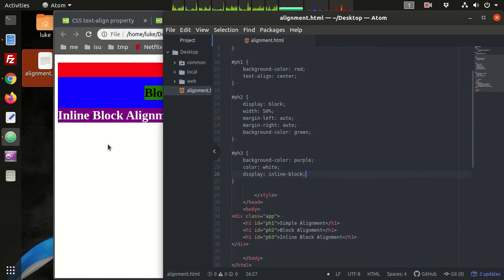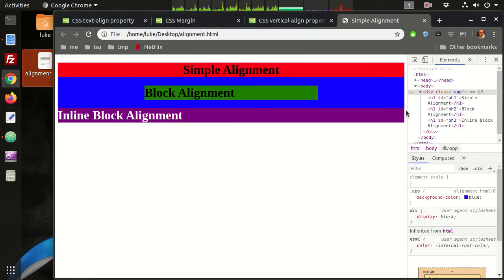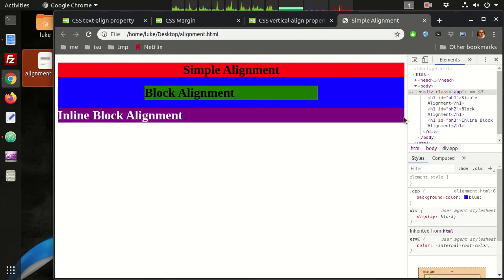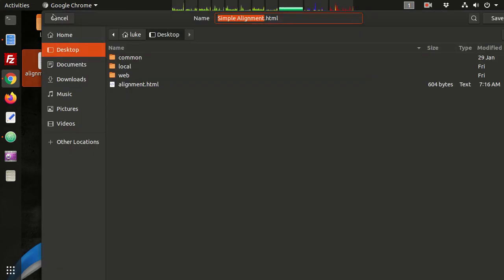What inline block basically does is, instead of the div stretching the entire width of the page and forcing any elements beside it to be above or below it, the div automatically tries to be as small as possible and enclose the content that it has. So we'll see this purple shrink all the way down. Also, other inline or inline block elements can be on either side of it. That's basically what inline block does.